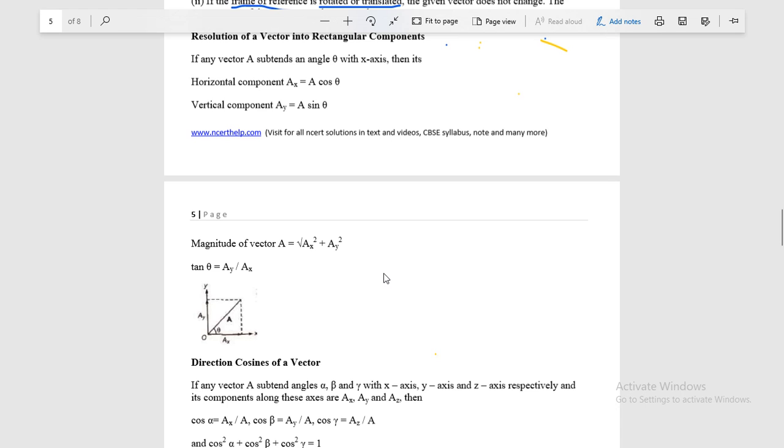So, students, today we are going to study vectors, and our topic will be vector resolution. Then we are going to study how we can find out the component of a given vector in two different perpendicular directions. Then we will study the different products of vectors, that is, the vector and scalar product. So let's start with vector resolution.